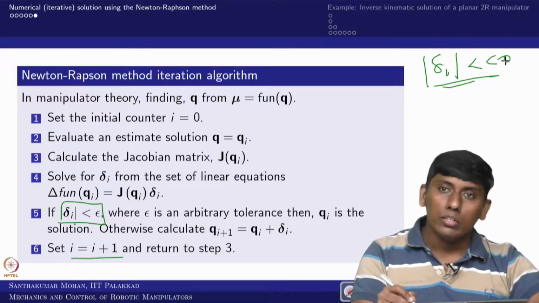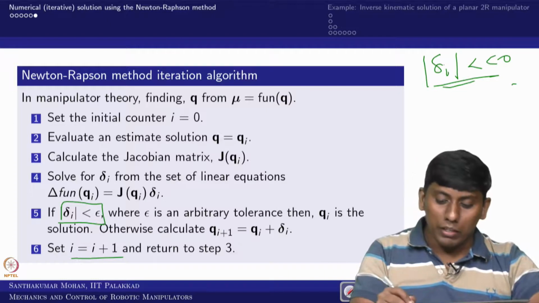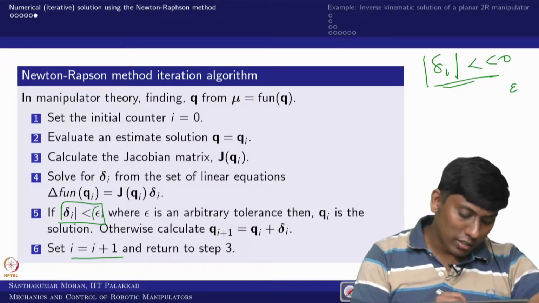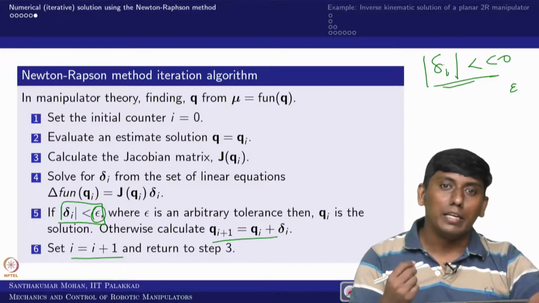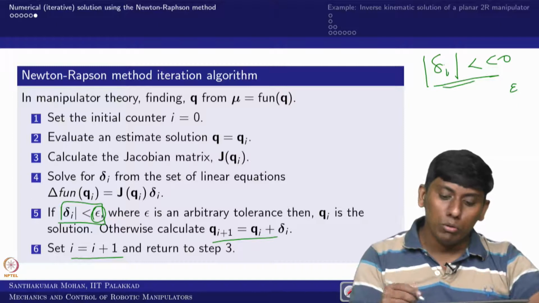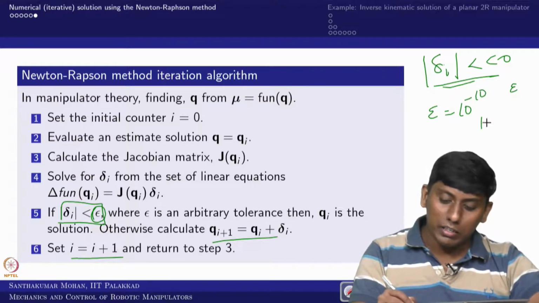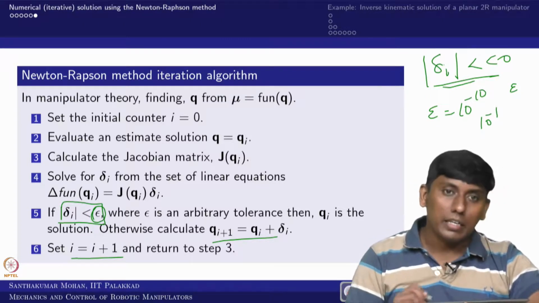So how close? That you need to make your own arrangement. So for that we are taking an epsilon. So epsilon is your tolerance value. This epsilon value you can choose, and based on that you can restrict this algorithm. For example, if you are running online, you need not go to epsilon as 10 power minus 10 and all. You can even restrict to 10 power minus 1, that is sufficient, you can stop it. So that is the criterion here.